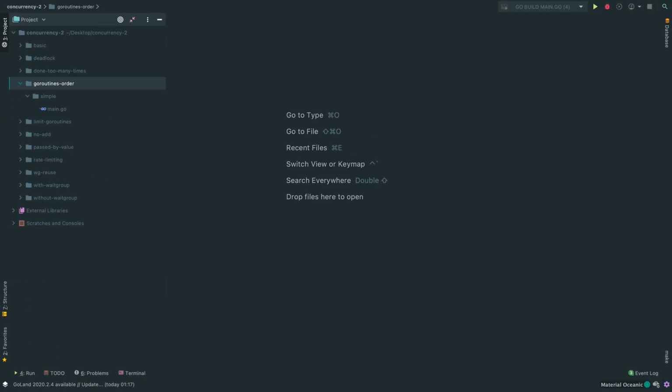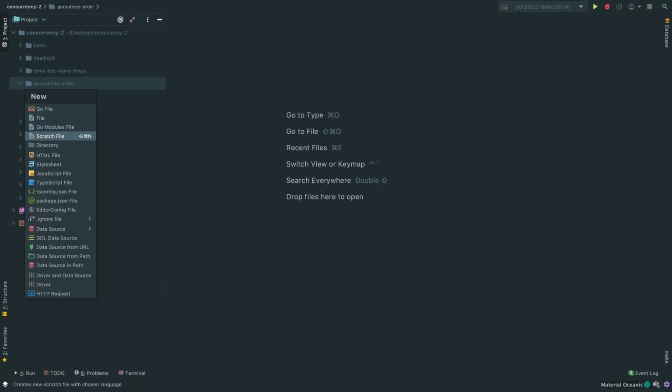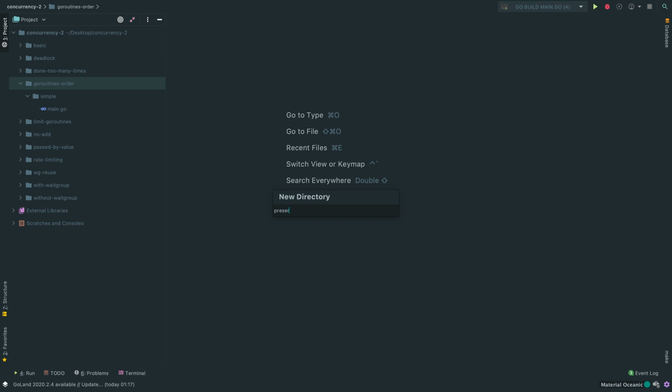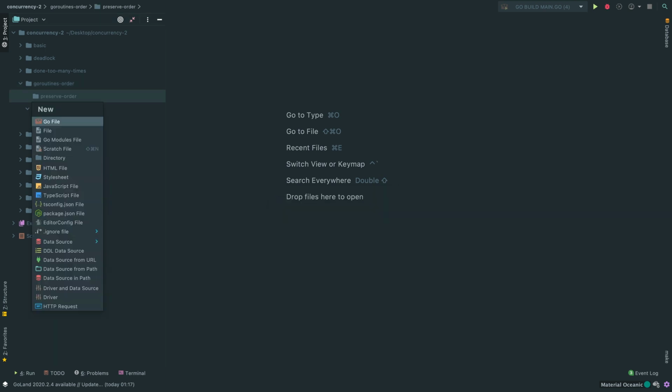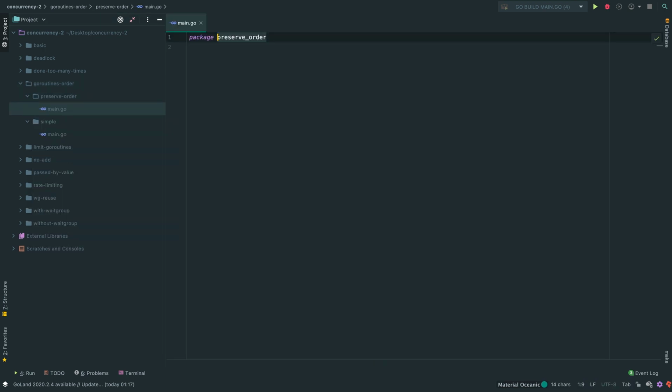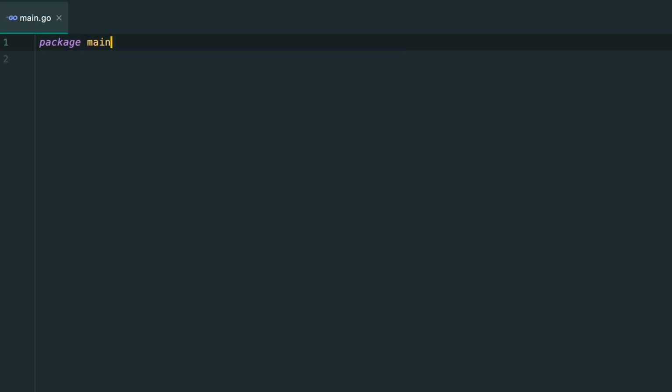So in the same directory which says Go routines order, I'm going to create a new directory which says preserve order, and let's, as usual, create a main file, and let's put out the main package and func main as usual. So let's imagine you have 5 tasks, right? Those tasks will eventually get executed asynchronously using the Go keyword. So I'm going to say something like func